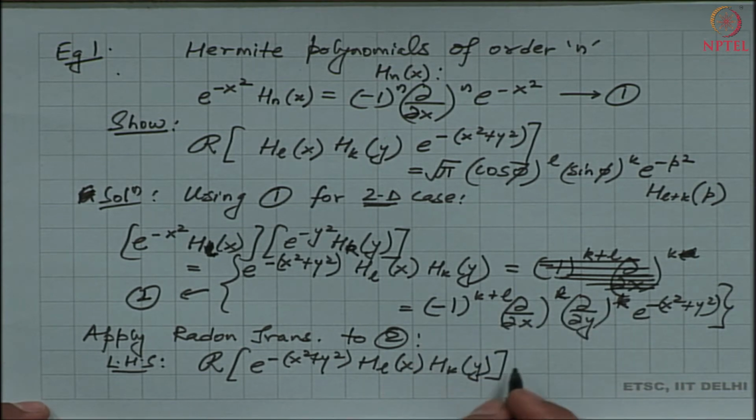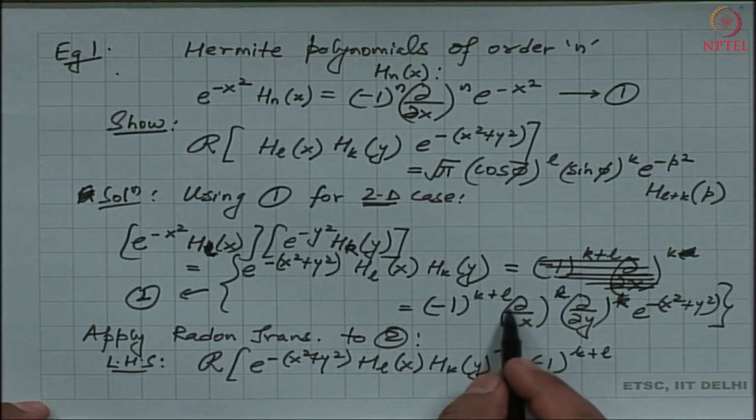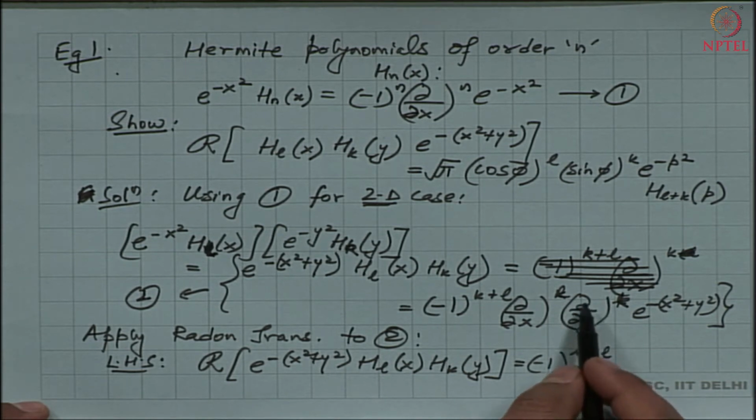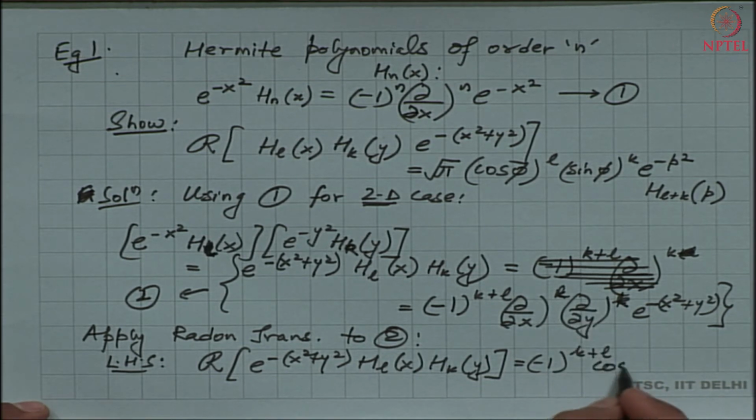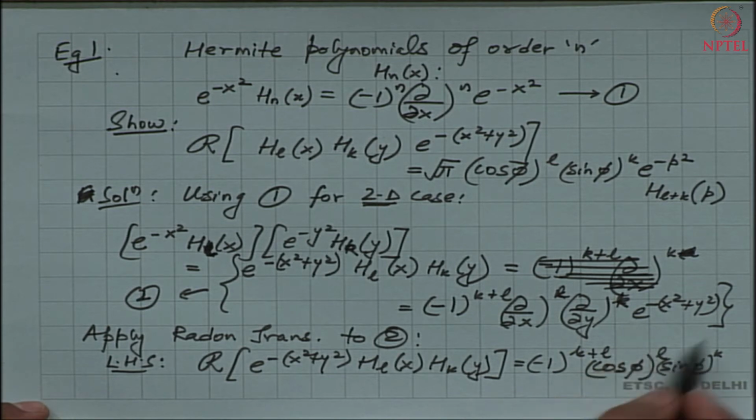the right hand side. This will be equal to minus 1 to the power k plus L times, now notice that I am differentiating with respect to x and y. So, each derivative of x is going to bring in a direction cosine with respect to x, that is cos of phi, and each derivative of y is going to bring in a direction cosine with respect to y, that is sine of phi. So, hence I get cos of phi to the power L times sine of phi to the power k, and then the Radon transform of this quantity has already been evaluated in one of my previous